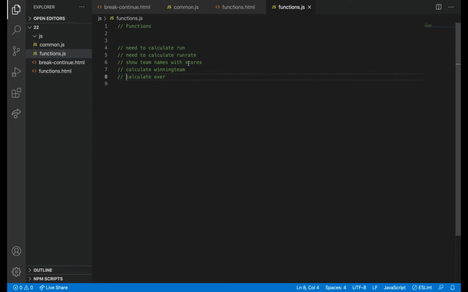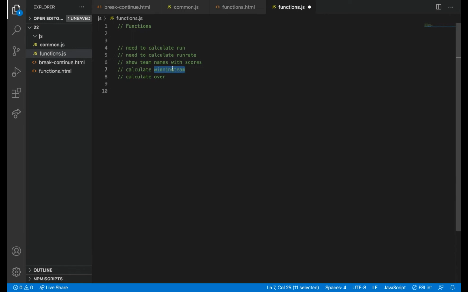If you want to design a website, there will be lots and lots of functionalities that we need to add. Even though this function is not repeating, like calculating the winning team only after the match is over, we will just check the scores of two teams, and whoever got more runs, we will declare them as winners.